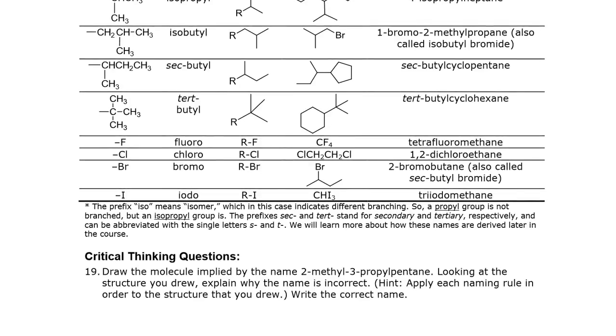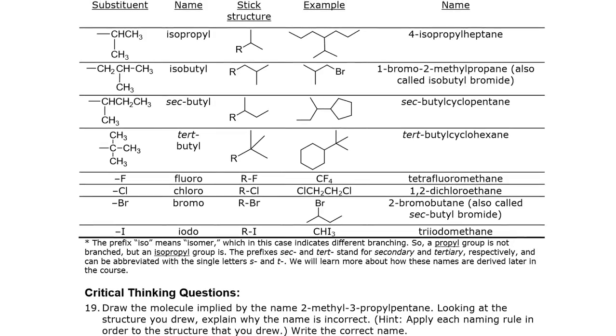All right, so do you need to commit these to memory? Yes, you do. And we're going to practice those in the exercises here, so you'll get the idea. Some of these you've probably actually heard of before. Have you heard of isopropyl alcohol, which you can buy at Target for 79 cents? It's called rubbing alcohol. I think you probably have heard of that. So some of these you probably have heard of.